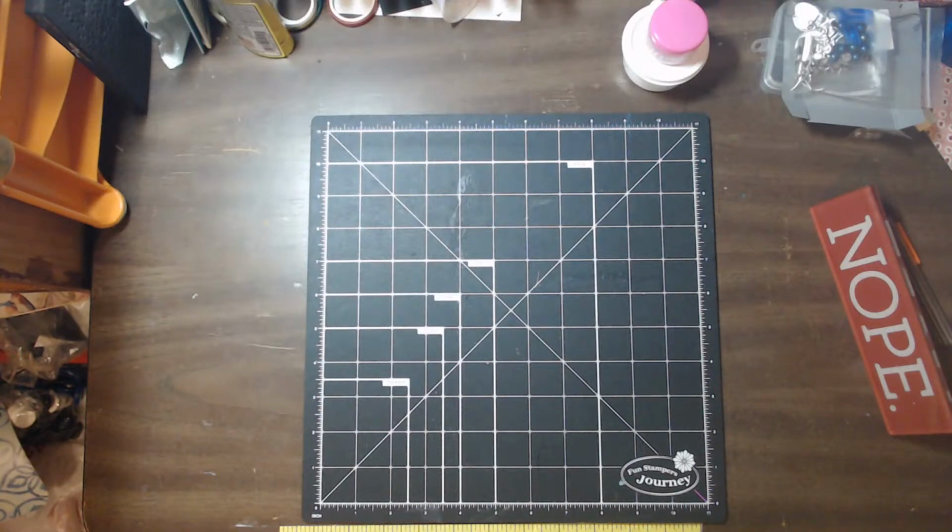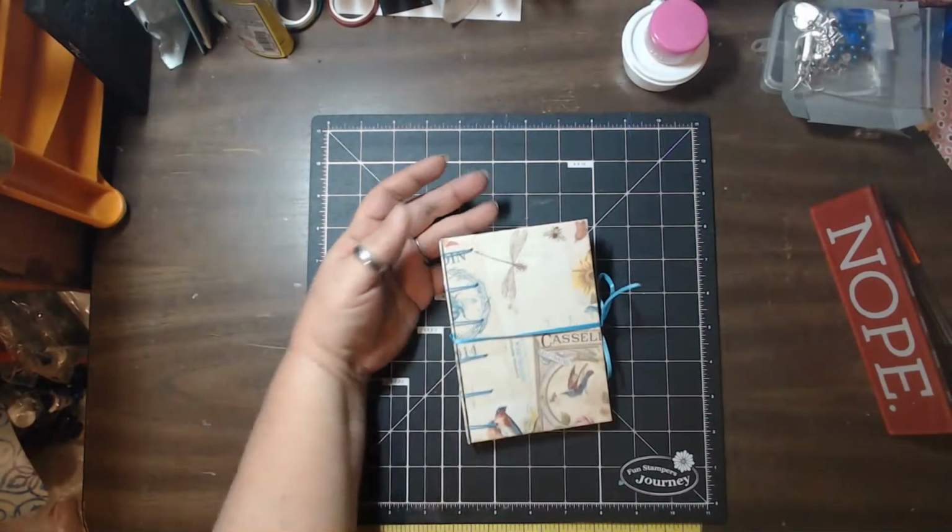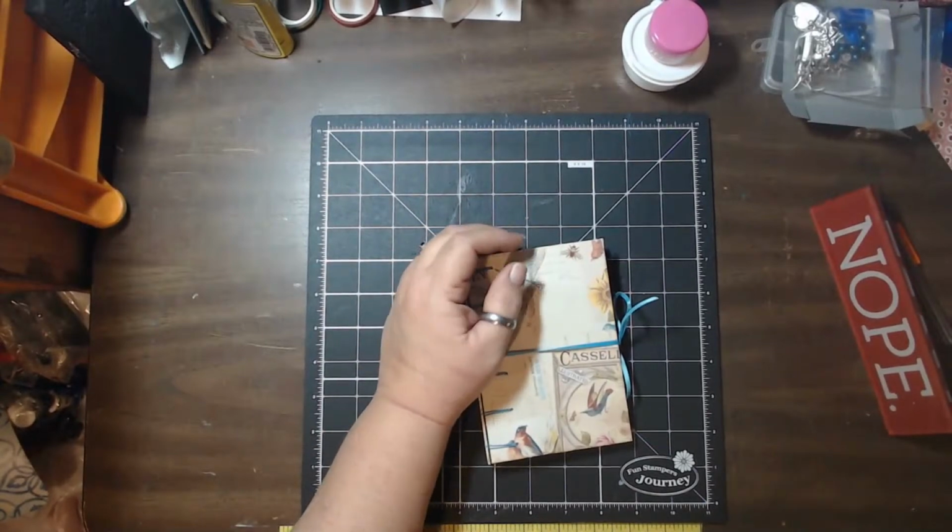Okay, so this is the place that I buy my waxed thread from. This is for regular bookbinding. And if you want the thread that's specific to these, what they call corset bound or Belgian bound books, give me a second. I will give you the...